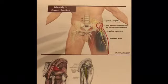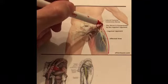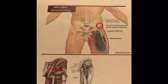but it's not sciatica. What I'm showing here is that the compression of the nerve is happening right here. The syndrome is called meralgia paresthetica. Okay,